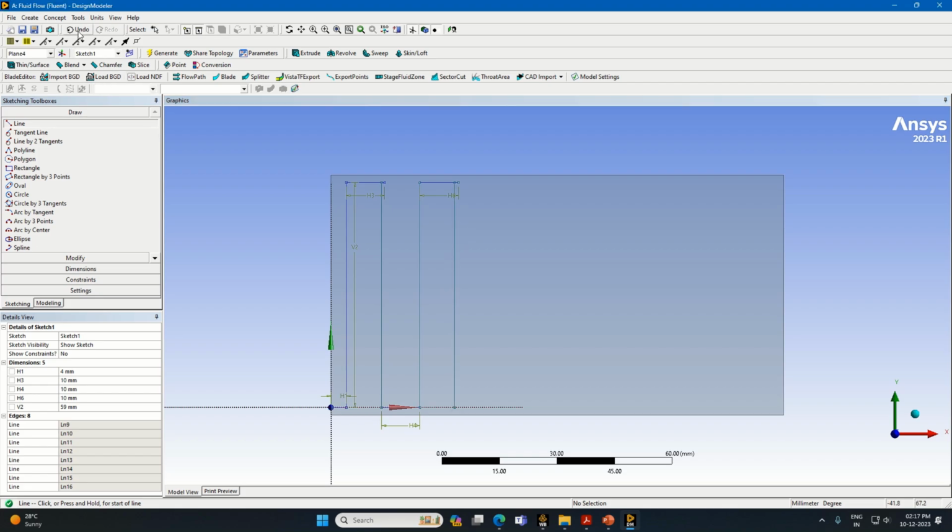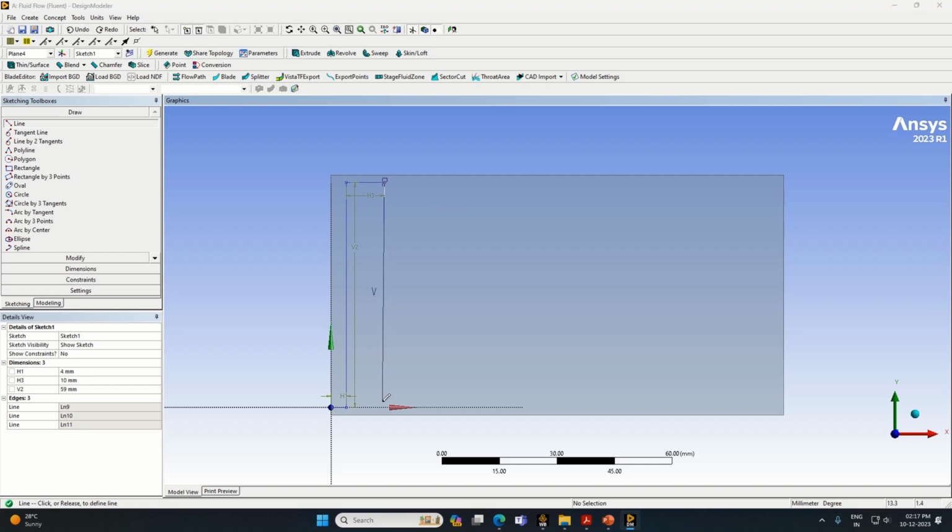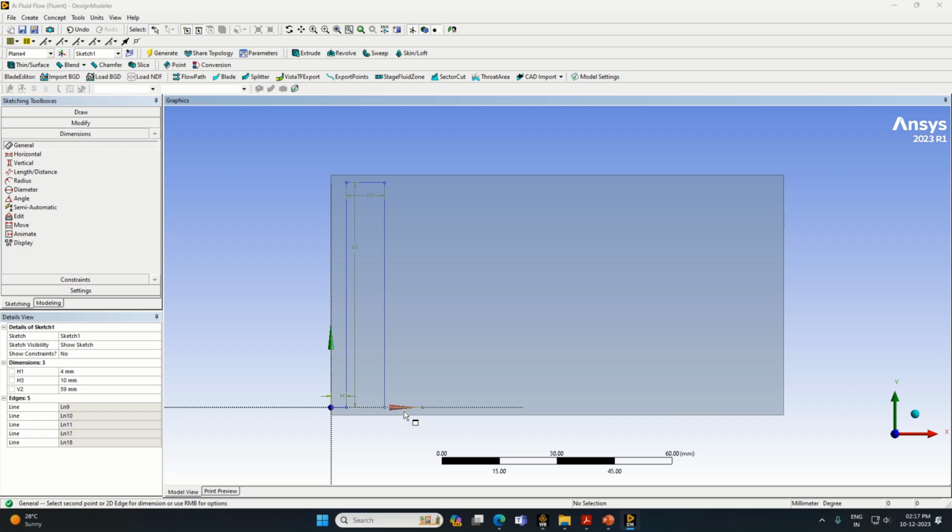Sorry, that was wrong. I think the earlier one is also wrong. Let me correct it. So let's take it again. From this you have a vertical line here, then draw a horizontal line. Take the dimension of this equal to